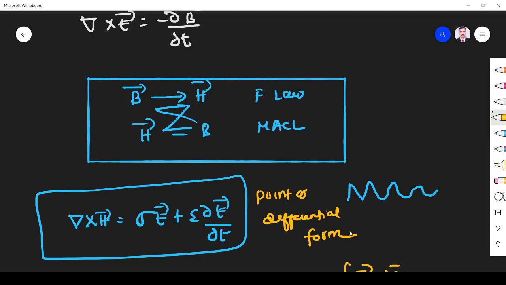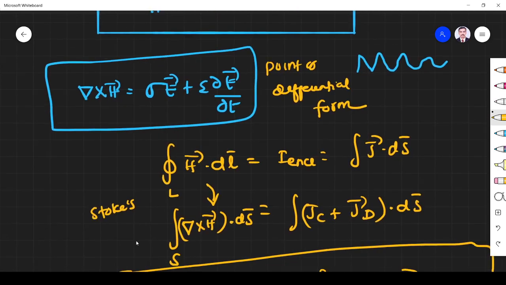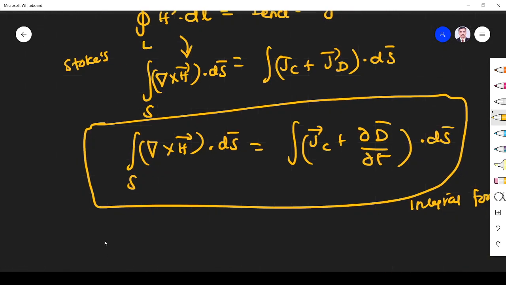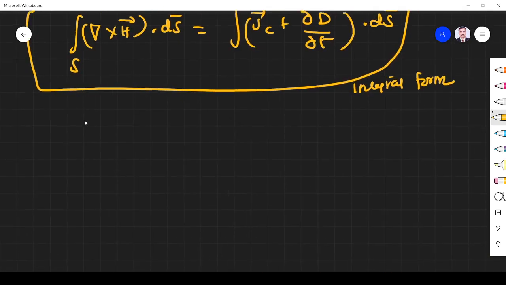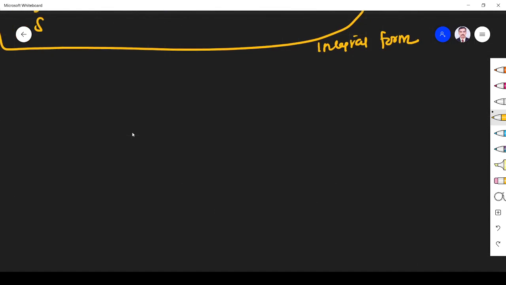So what I want to emphasize further is, in order to understand how a change in electric field produces a change in magnetic field, we will consider one example and a real-time scenario. This is a very important example. So let us take that and let me explain it from this.